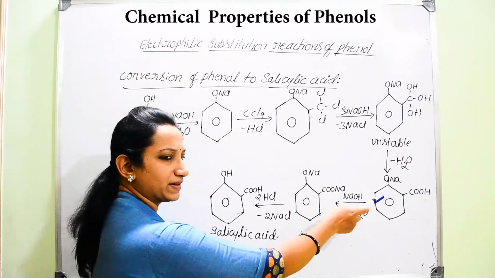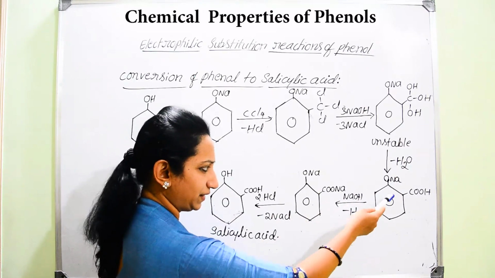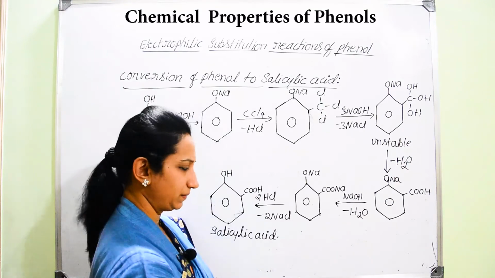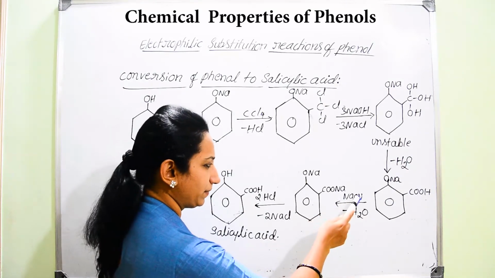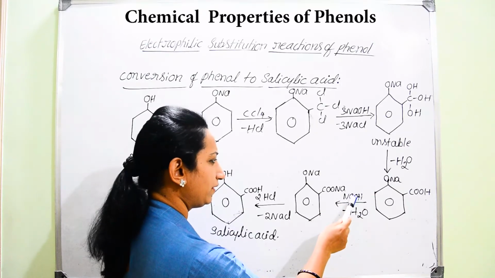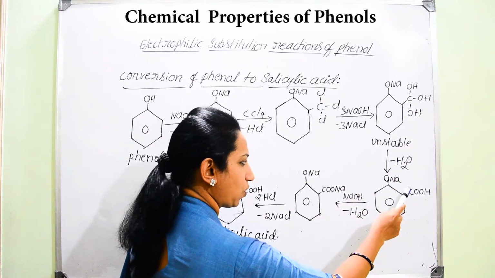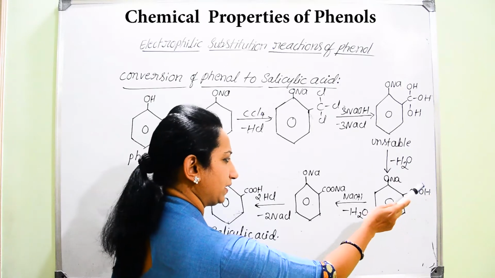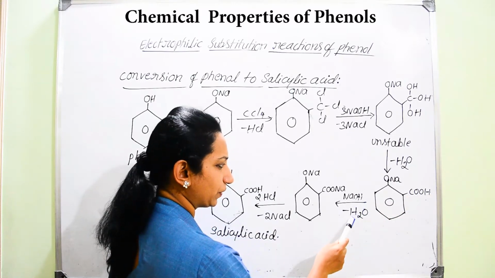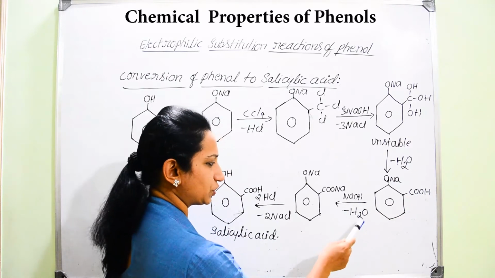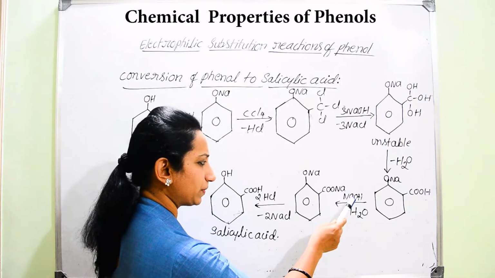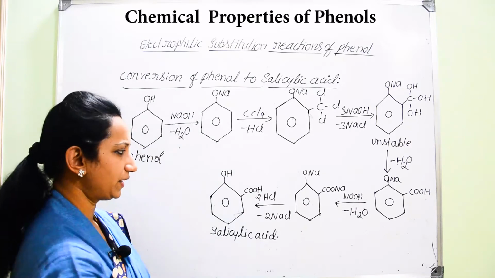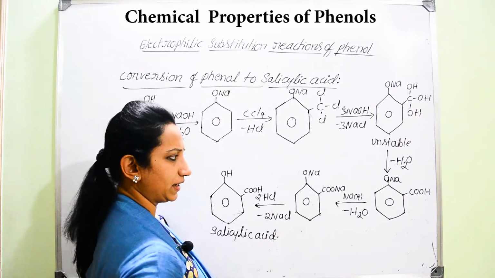Now, what happens here? In the very next step, it is also said to be unstable because there is still the presence of sodium hydroxide. This sodium hydroxide again will interact with the COOH group. So, here H and OH will be removed in the form of H2O, and to the COO group there will be attachment of Na to get COONa.